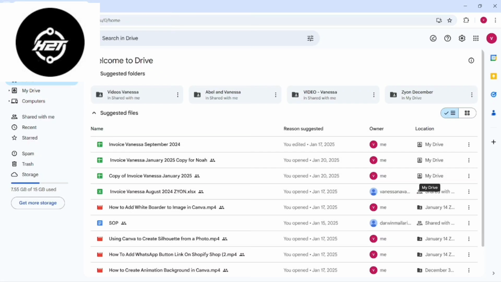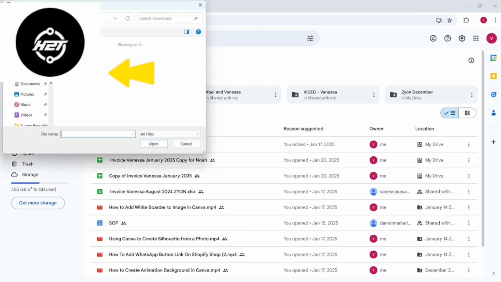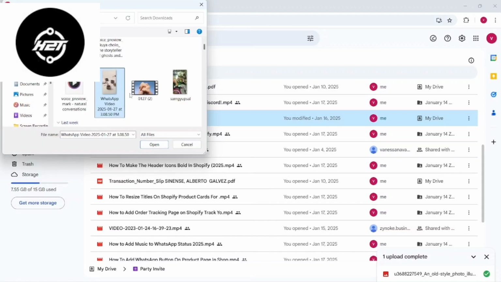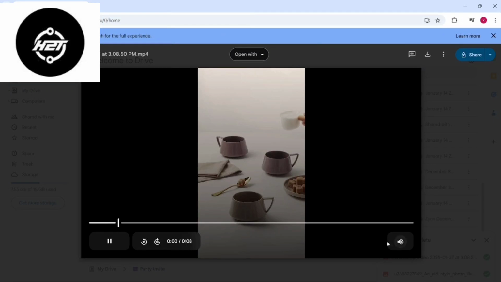To create a viewable link in a YouTube video, you must first upload the file to your Google Drive. Open Google Drive and click New, and then click File Upload. Now, navigate to the file that you want to upload. After the file is uploaded, right-click on the file